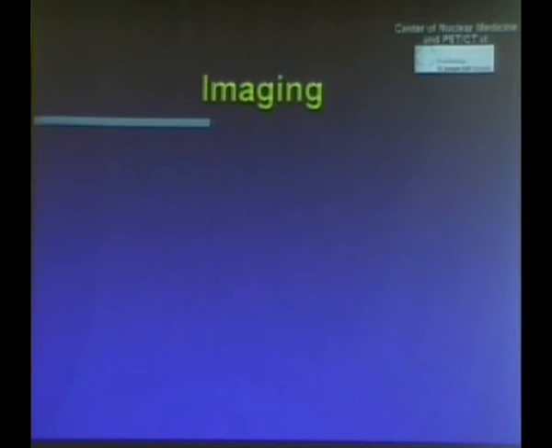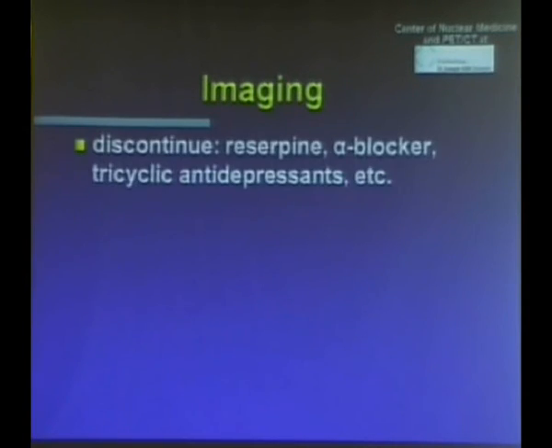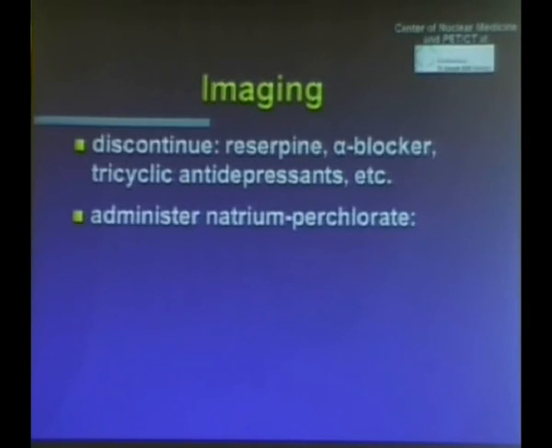So the imaging of MIBG is a little bit more complex than of octreotide, because we have to discontinue a lot of drugs like tricyclic antidepressants, because these are drugs which can reduce the uptake of MIBG in the tumor cells of neuroendocrine tumors. Of course, we have to administer perchlorate to these patients to block the thyroid because of free